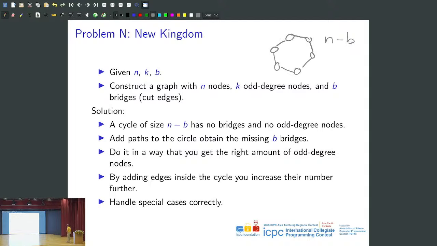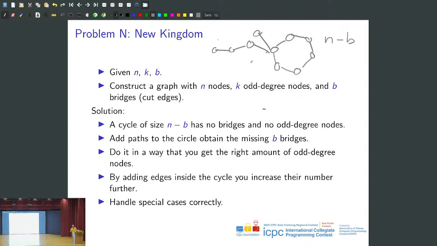But now you have b vertices left, and now you can try to attach them as paths, right? Like, for example, like this, or like this. You can attach paths in several ways. And then you have the right number of